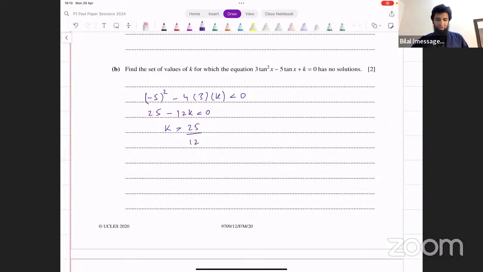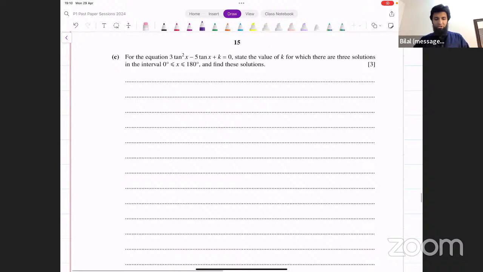And now you're asking about the third part. It says, for the equation 3 tan square x minus 5 tan x plus k equals 0, state the value of k for which there are 3 solutions in this interval and find these solutions. You want 3 solutions from 0 to 180. Now, generally, you know what happens when you get any values of tan x